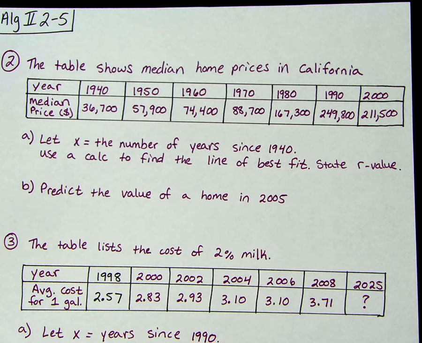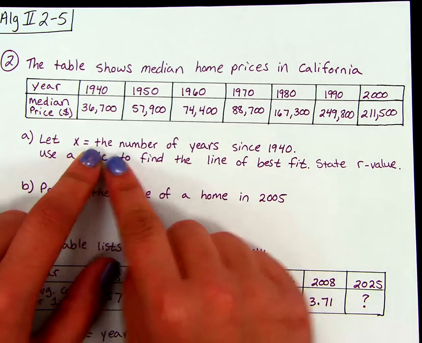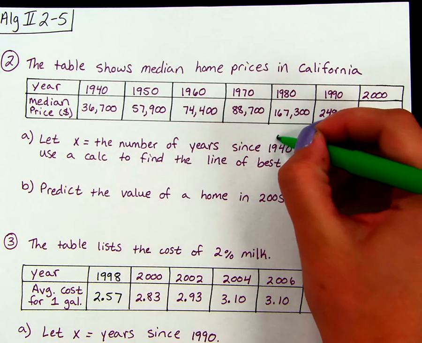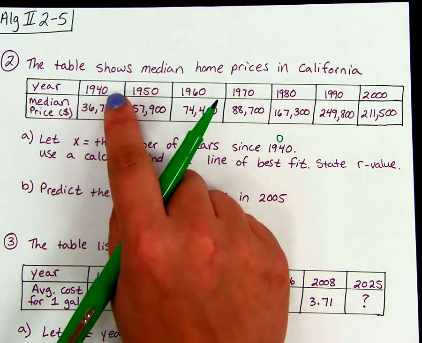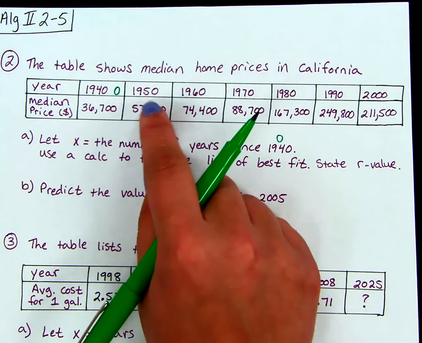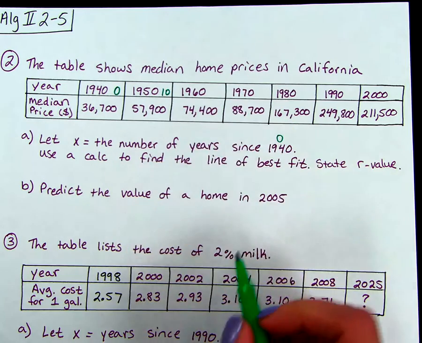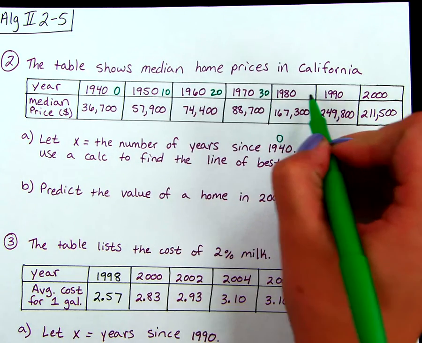Now, we should also notice that there's an extra piece to our directions this time. This says let x equal the number of years since 1940. So that's actually telling us that we want this to be 0. So instead of using this as our x value, we're going to use 0 here. And then 1950 is 10 years away from that, so this is really the same as 10. This would be 20, 30, 40,